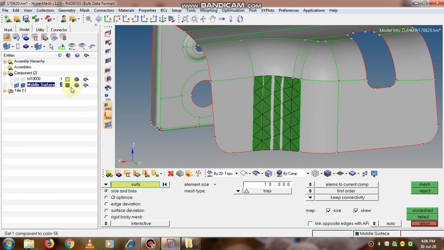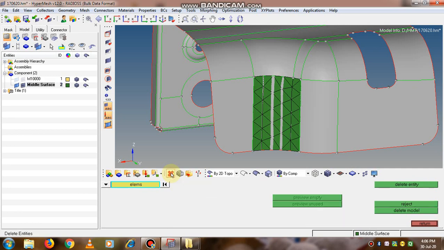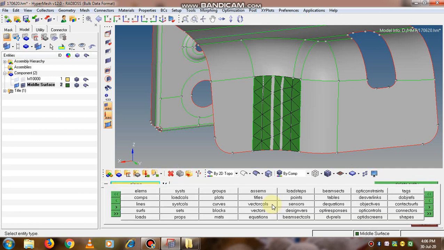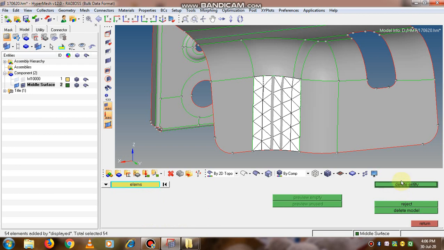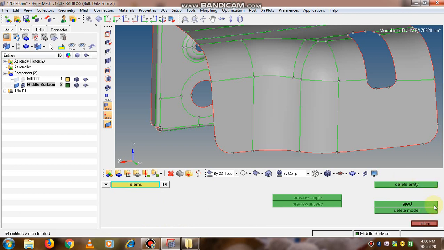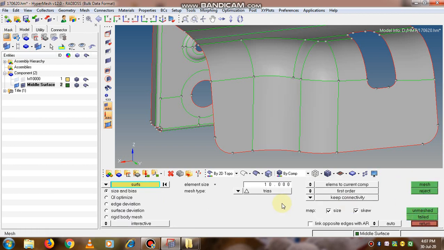Now after creating chords and triads, we'll see how to create our triads. From here, if you click on return, it will get saved. Now I don't want to save it, I want to delete it, so I can click on delete. And in elements, if you click on the center here somewhere, displayed elements is selected and you can delete the entity, so all the displayed elements will get deleted.